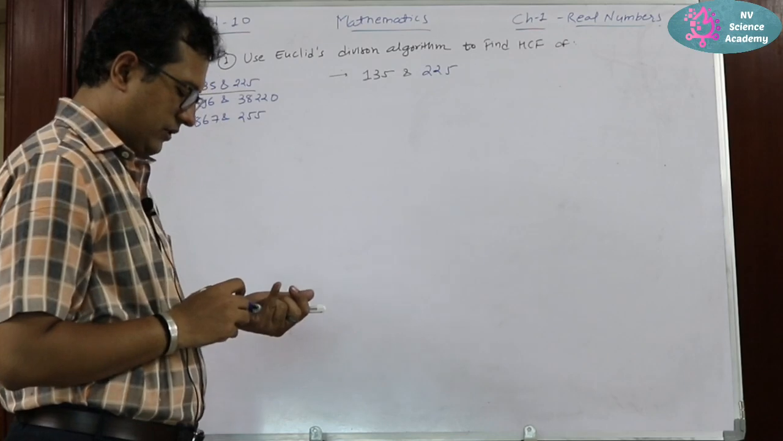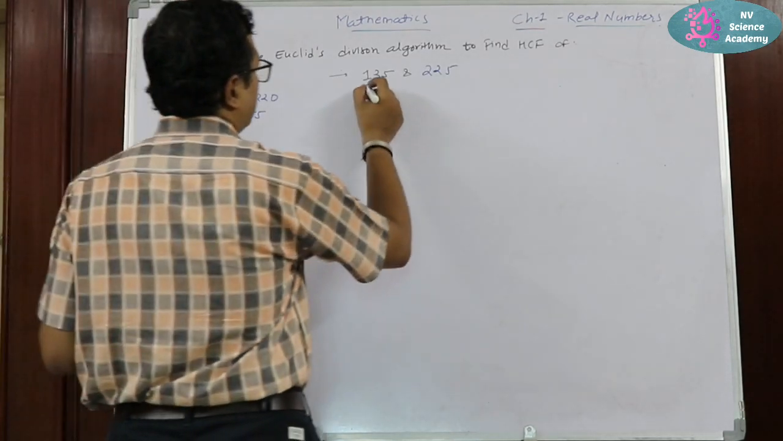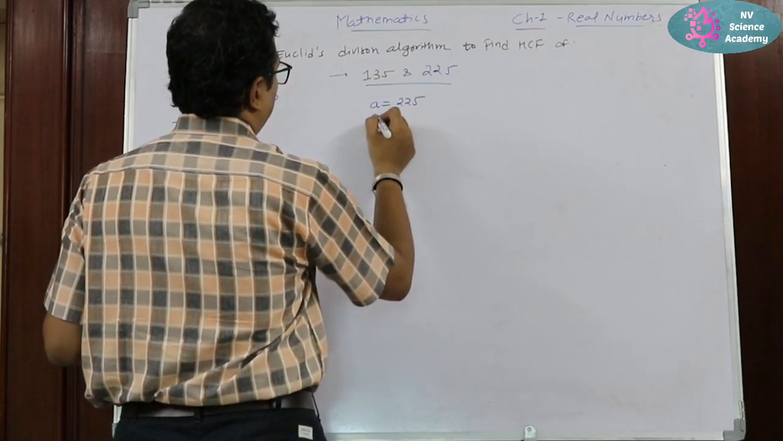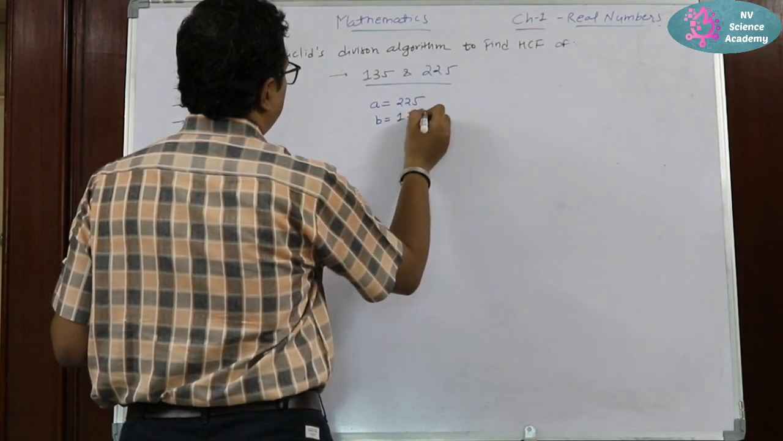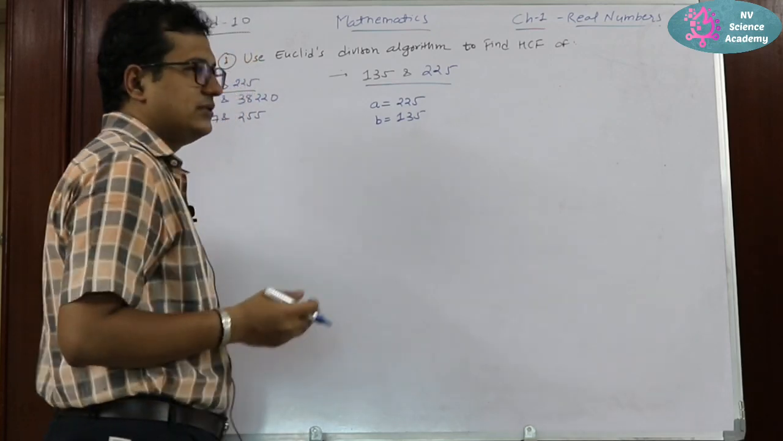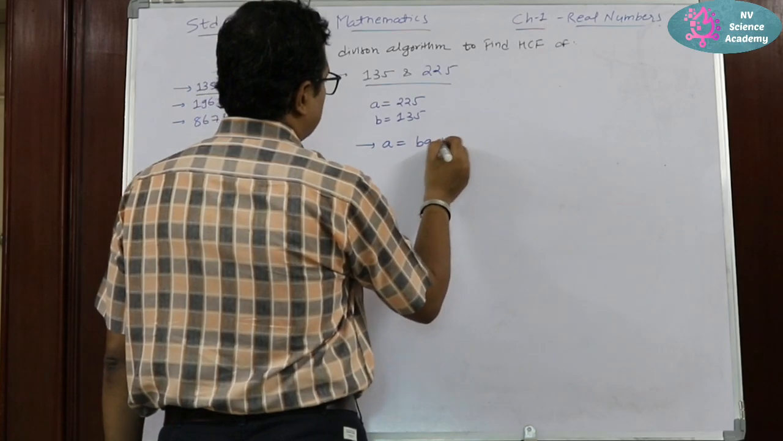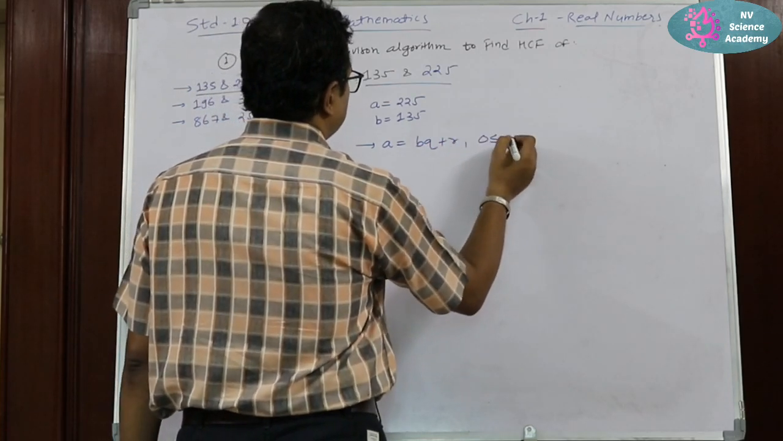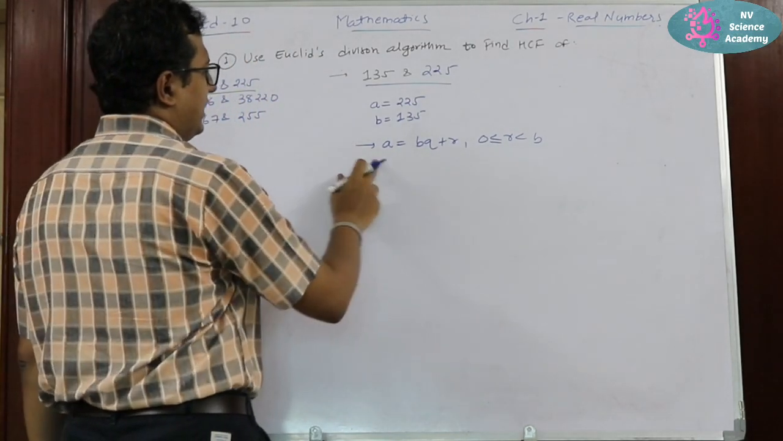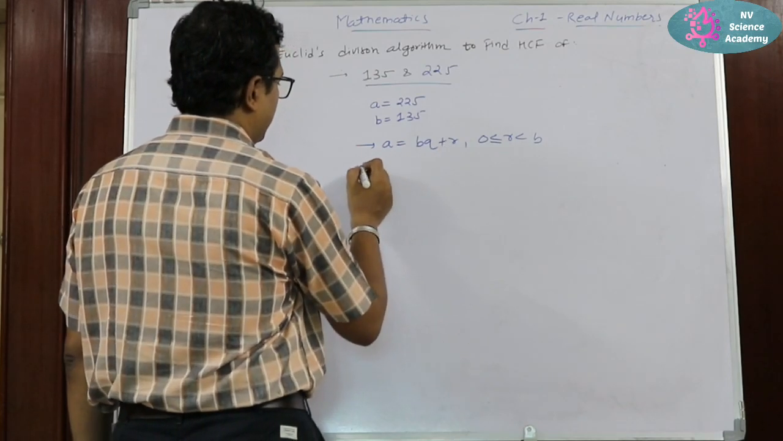Okay, so we know the condition that A should be greater than B. So from this I can derive the value of A: A will be 225 and B will be 135. Now we know the equation of Euclid's division algorithm, or you can say Euclid's division lemma, that is A is equal to BQ plus R, where 0 is less than or equal to R less than B. Now I will put the value of A and B in this equation, and we will find out the value of Q and R. So for the first step,